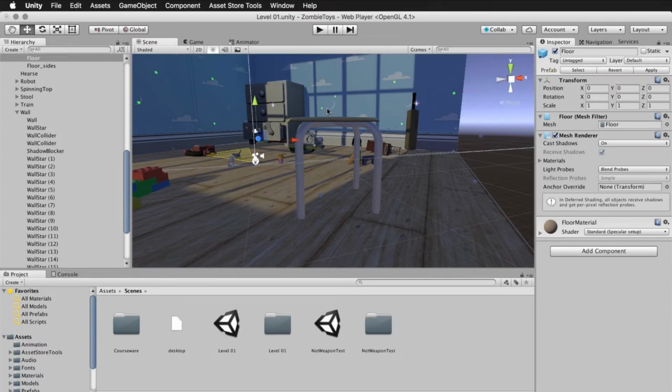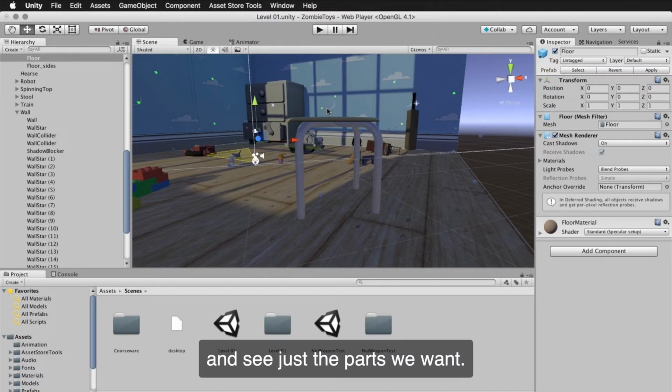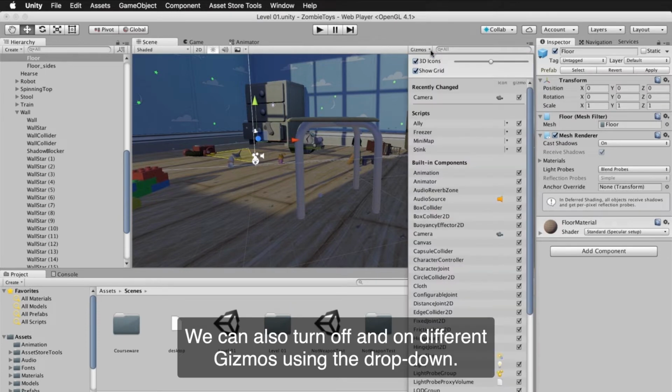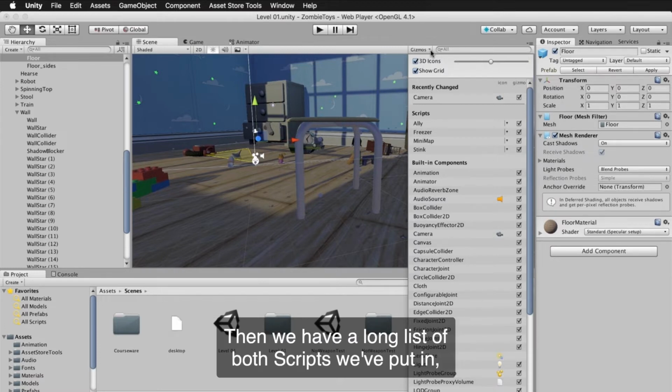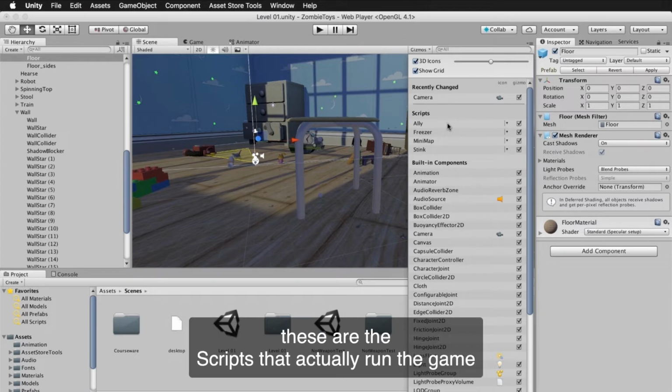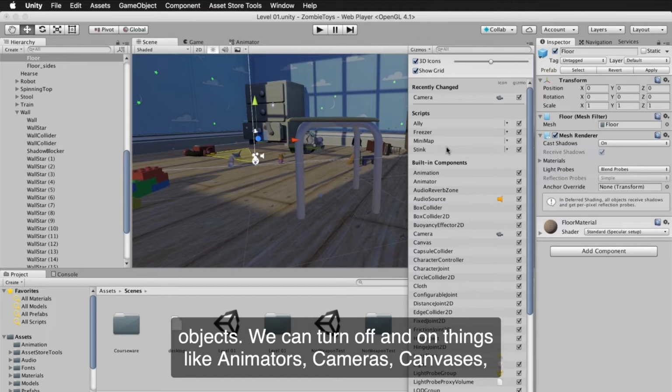These all help us configure the scene view so we can get to what we need and see just the parts we want. We can also turn off and on different gizmos using the drop-down. We can choose to show a grid or not, and are we working in 3D icons? Then we have a long list of both scripts we've put in. These are the scripts that actually run the game currently, and built-in components, things we'll use in Unity on different game objects. We can turn off and on things like animators, cameras, canvases, colliders, depending on what we need to